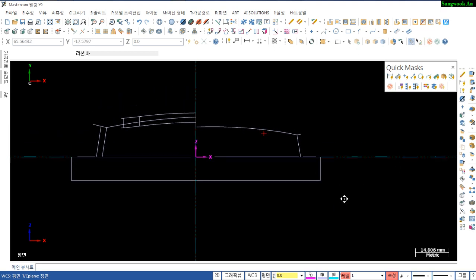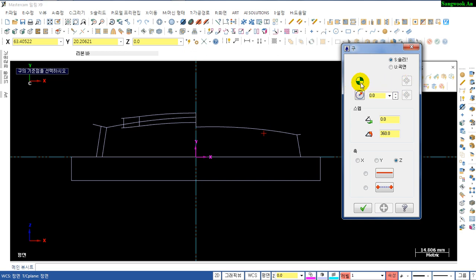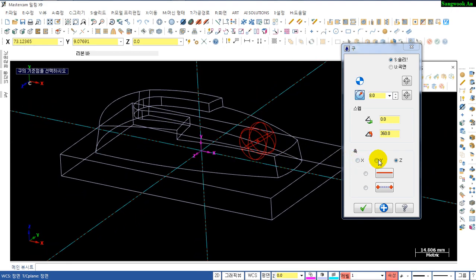Delete and shift here and select this point and radius R value 8. At this moment, any position is okay, but this CPU according to the z-axis, it is the revolve, so the angle is 160 degrees. Okay, yes,